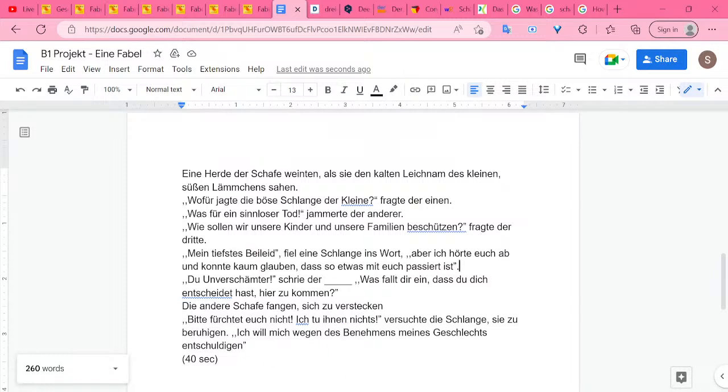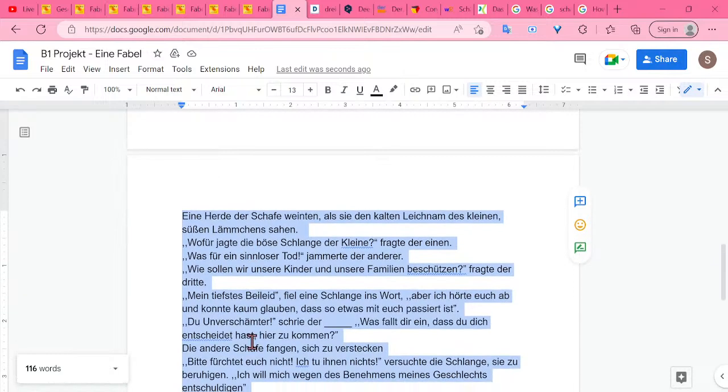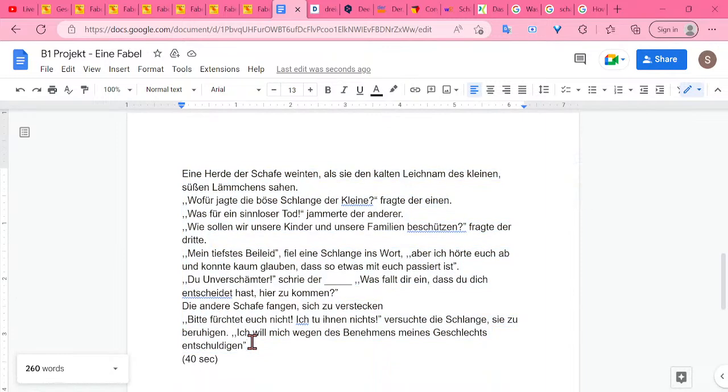That's good enough. You know what? I'm too tired to continue. I'm gonna do this later. I think this is good enough. For now, at least I have something. So this is in total 116 words. Great. This is already kind of large, and this is just a dialogue. I'm gonna have to make sure it's less than 300 words. I'm gonna ask tomorrow what the maximum word count is. This is like 40 seconds.